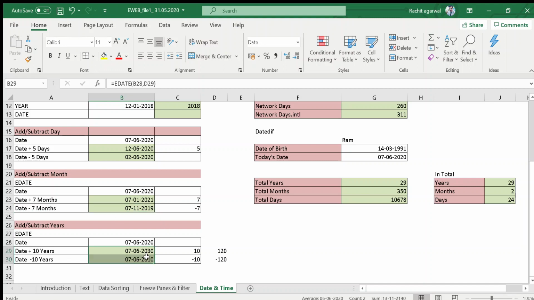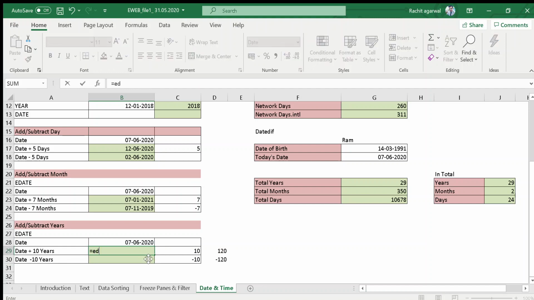Now in the case of years, alright, you have to use the same formula, but make sure you convert your years into months, because EDATE only asks for the months. Let's see here, they are asking only for months. So if you want to get the data in years, you will have to convert your years into months. So your start date is today's date, and months is 120, because I want the data from after 10 years, bracket close, enter.